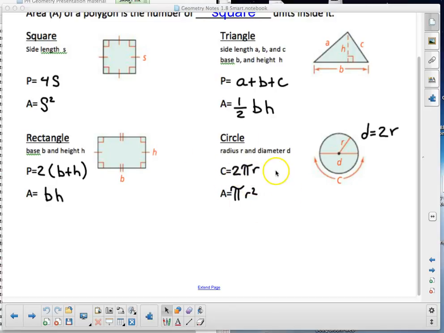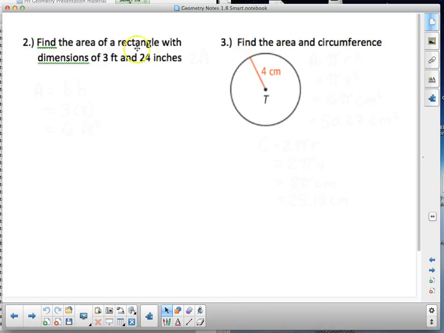So the circumference is 2 pi r, and the area is pi r squared. Please notice how close those are. They're the same numbers and symbols, but they're just ordered differently. This is 2 times pi times r. This is pi r times r. That's why it's squared. Okay, we're going to find the area of a rectangle with dimensions of 3 feet and